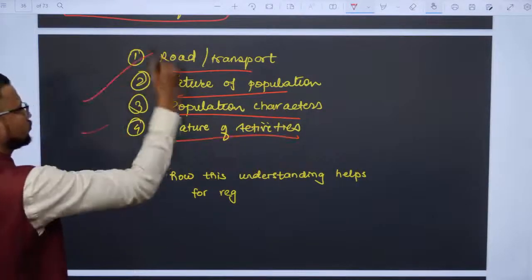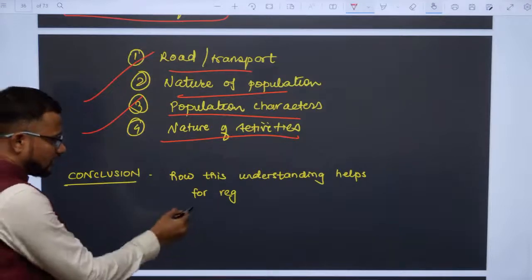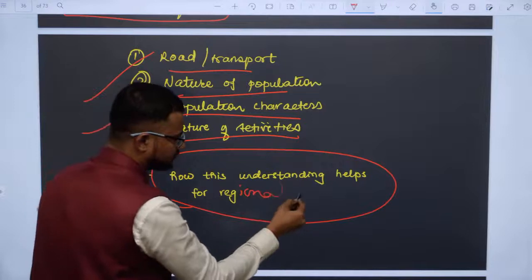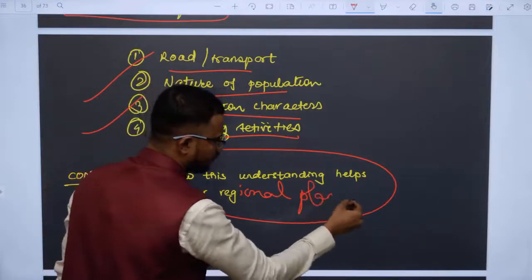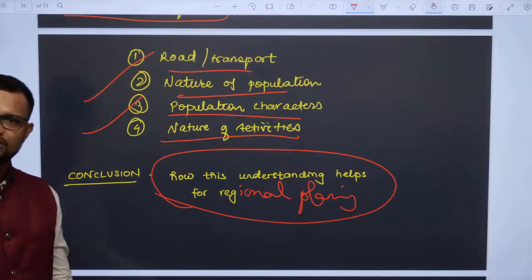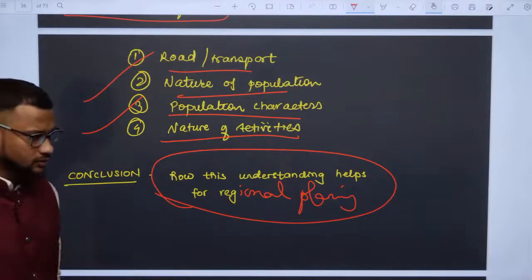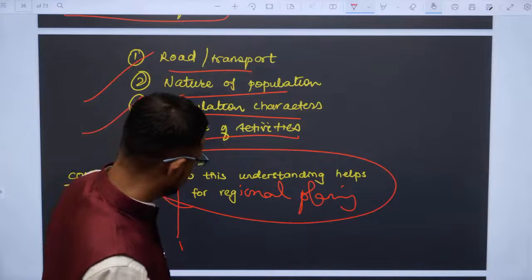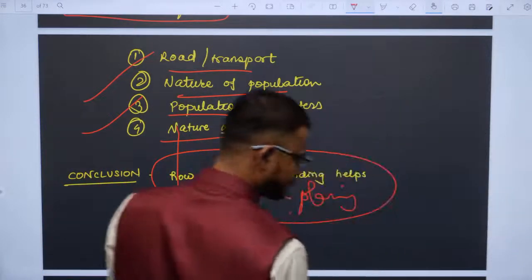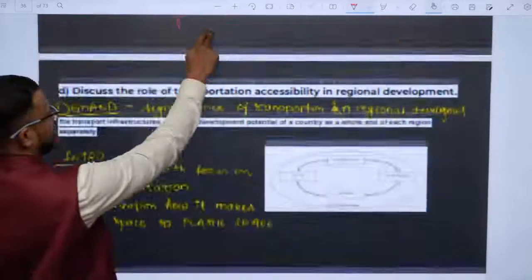These are those aspects, and finally write how it is helpful in regional planning, how this thing is helpful in urban regional planning. ठीक है, conclusion: the best way to conclude the thing. Okay, yes guys,